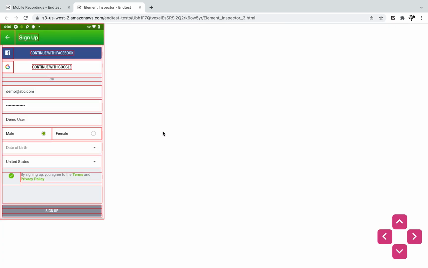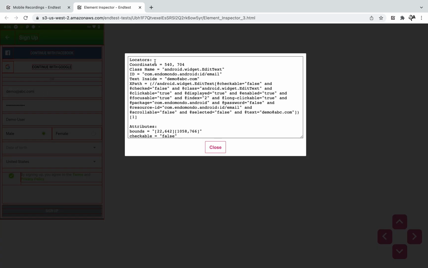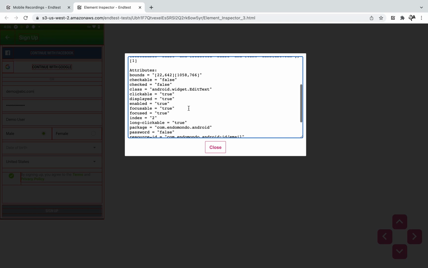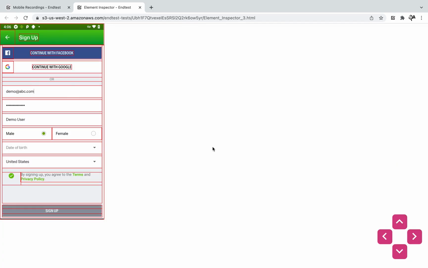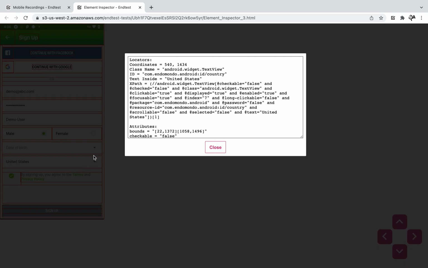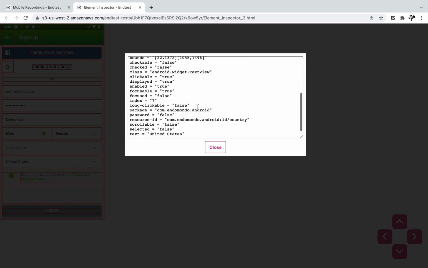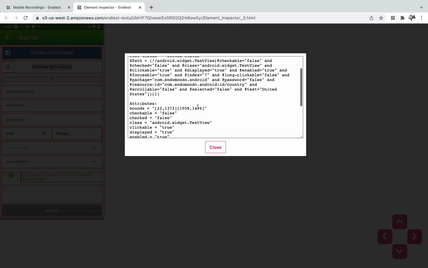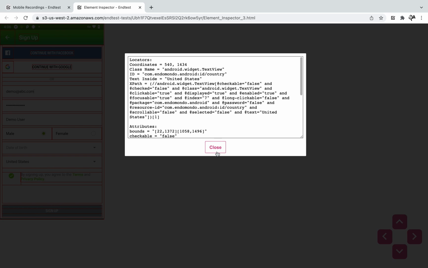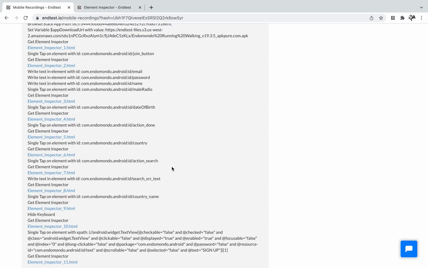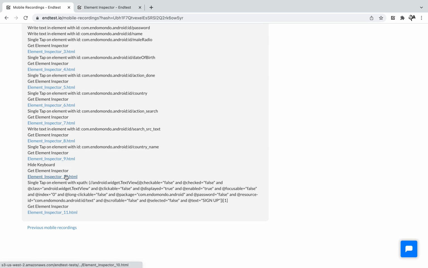So for example, if I tap on this input, I will see all of the locators such as the coordinates, the class name, the ID, even the XPath, and I will also see all of the attributes. So it's a really good way to inspect your elements and see what attributes or locators you can use, or even to debug. And you have this for all the